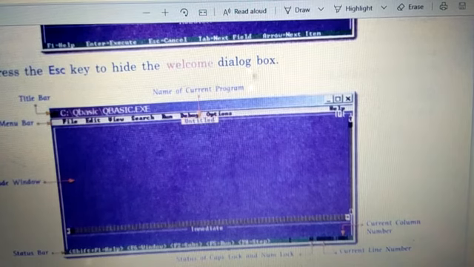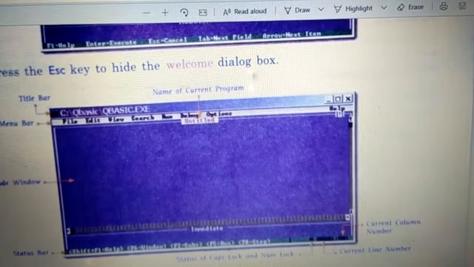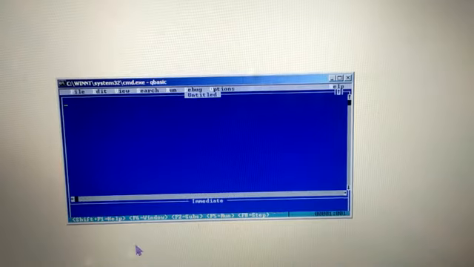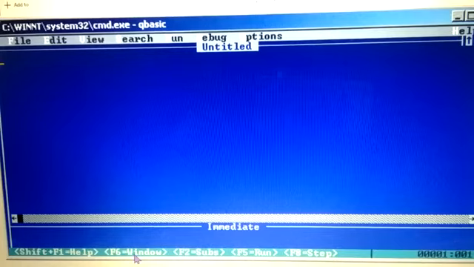Fine. Next is the last part, the status bar, children. Here is the status bar. Can you see this? I hope this is clear. Here in the status bar, you can see all the shortcuts. Shift plus F1 will give you the help, F6 will switch the window. If you press F2, subs will come. If you press F5, it will go to compilation, that is, it will run. F8, you can see the steps.